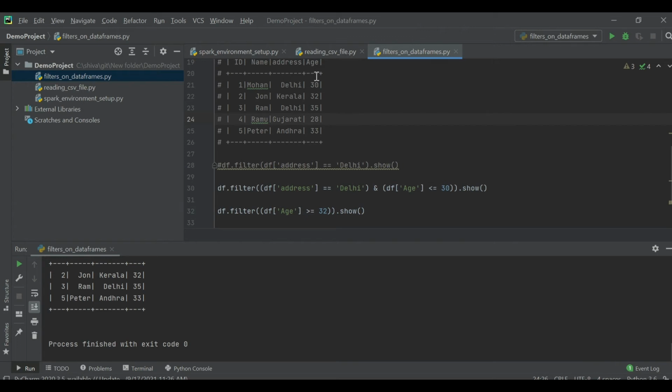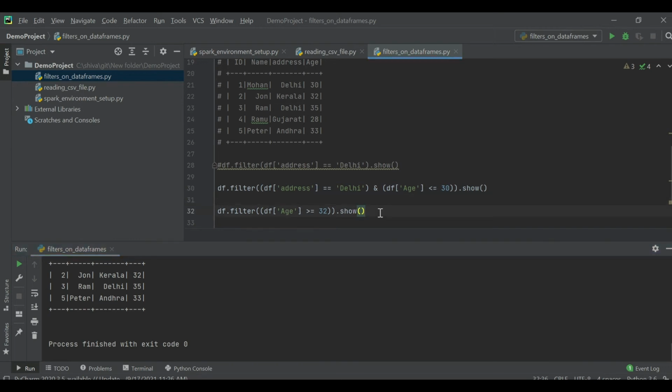So we got 3 rows. I put a condition where age is greater than or equal to 32, which gives John, Ram who is 35, and Peter who is 33. These 3 people fit the criteria where their age is greater than or equal to 32. So we got the result accordingly.